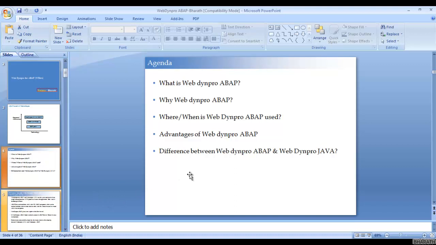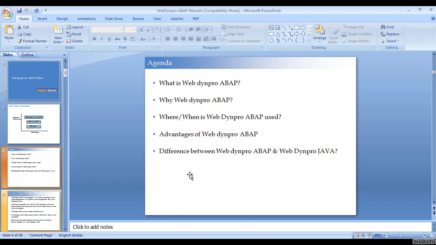The main difference is that WebDynpro ABAP lies on the ABAP stack, but WebDynpro Java is based on the Java environment. For developing WebDynpro ABAP components, we log into the SAP system and go to the SE80 transaction code, and then we start developing the WebDynpro ABAP components that we have seen already.